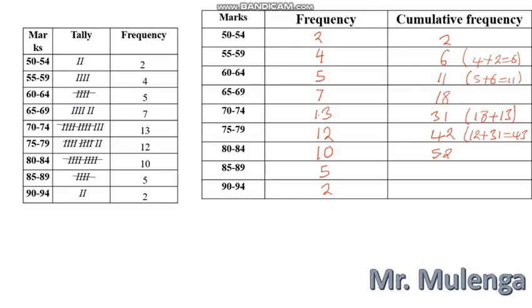So remember, what was the total number of learners? It was, I think, 60. That was the total number. So this cumulative frequency table, even when you reach the last part here, should make sure that it's tallying up to 60. If it's not tallying, it means that it's wrong. Then 5 plus 52, this will give us something like,